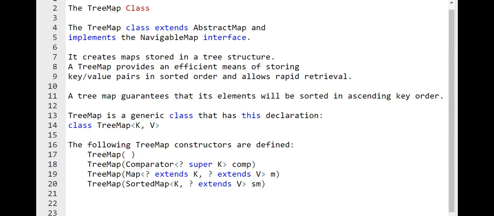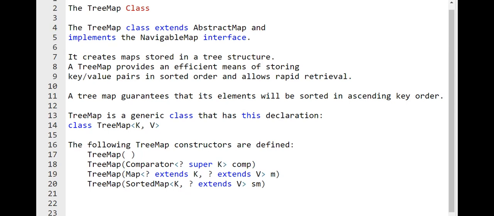tree map. The third form of the constructor initializes the tree map with the entries that are already there in a map. In the natural order only, that will get sorted.